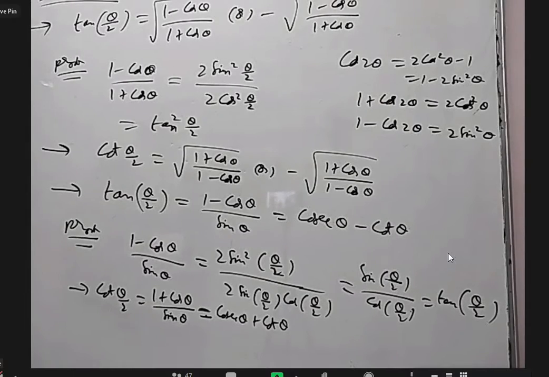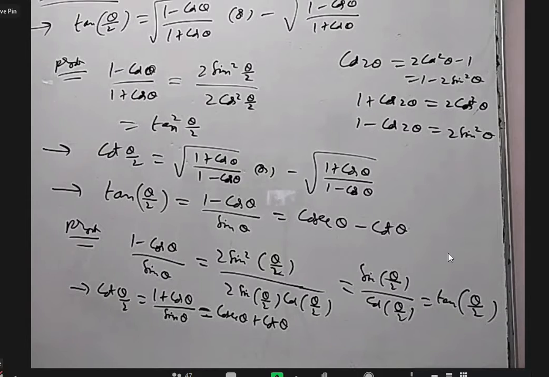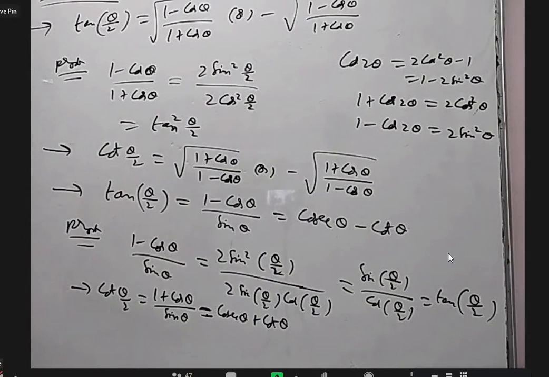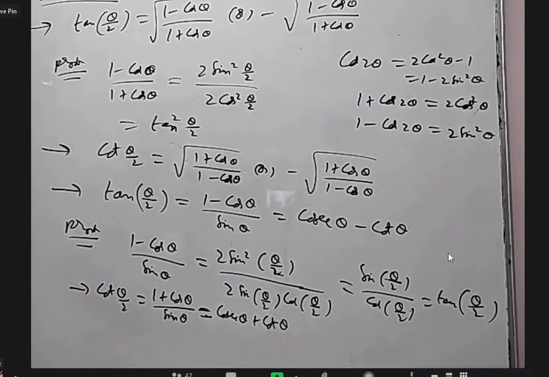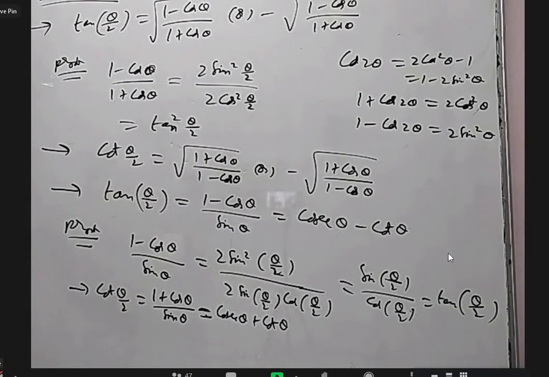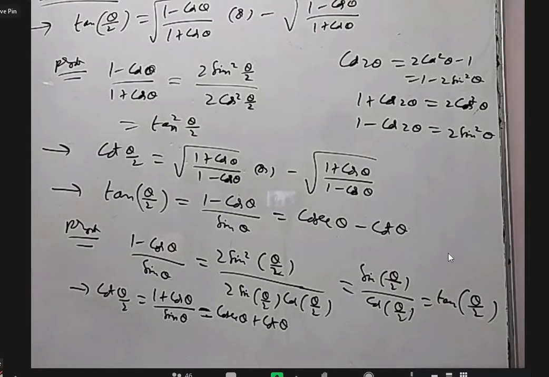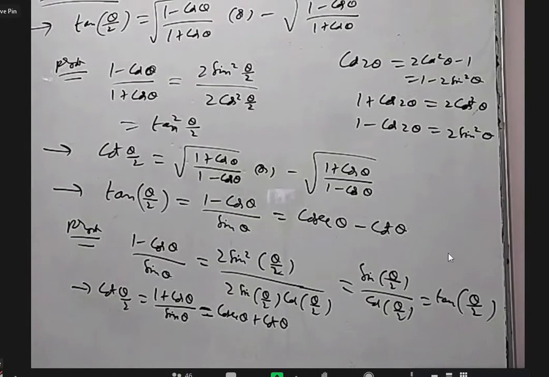Okay, using these formulas, we call them off-angle formulas, we can try to derive more values. Earlier we know 30 degrees, 45 degrees, 60 degrees, tan 0 and 90. By using compound angles, we could find 15 because we could write that as 45 minus 30 or 60 minus 45. Similarly, 75 is 45 plus 30. Using these half angle formulas, half of 30 or half of 15 or half of 45 can be found using this.